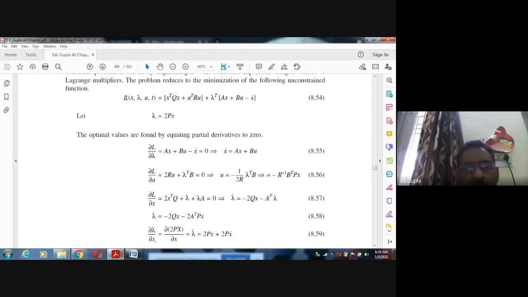Now take the partial derivative of L with respect to x. This is x square, so it will be 2Qx. Then the derivative of lambda transpose Ax with respect to x gives lambda transpose A, and the derivative of the lambda transpose x dot term with respect to x gives lambda dot. And then